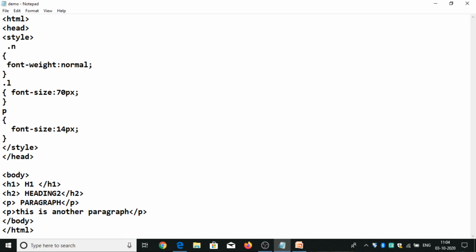Next, light, with the light value. Thicker. Bold.